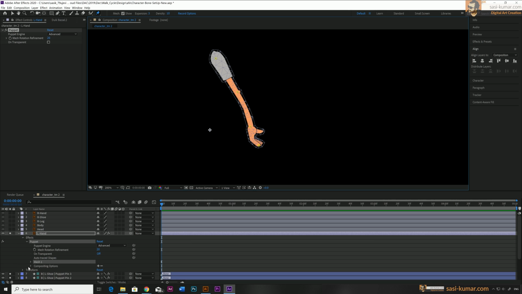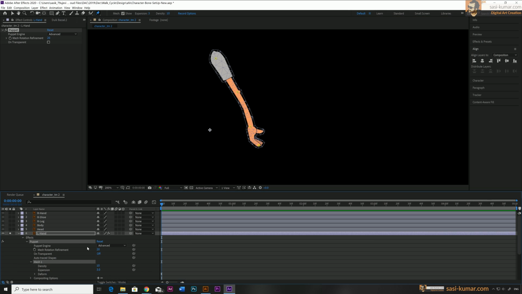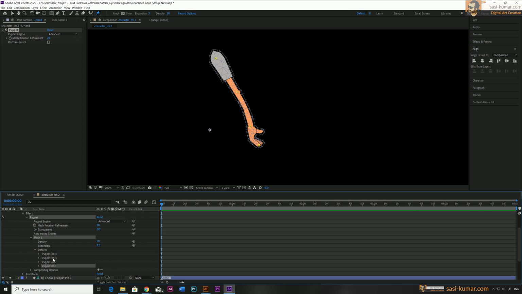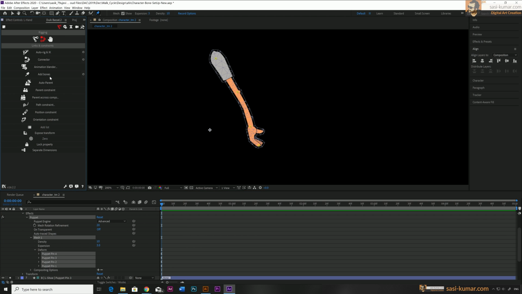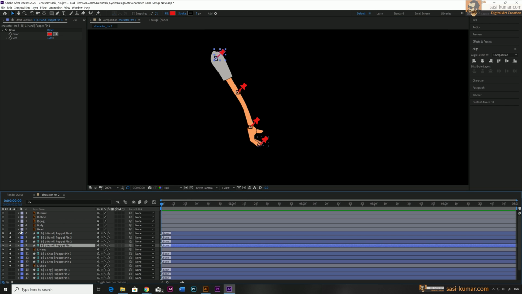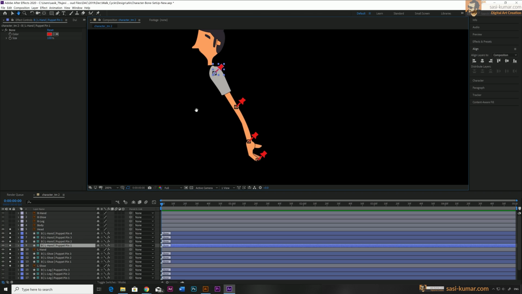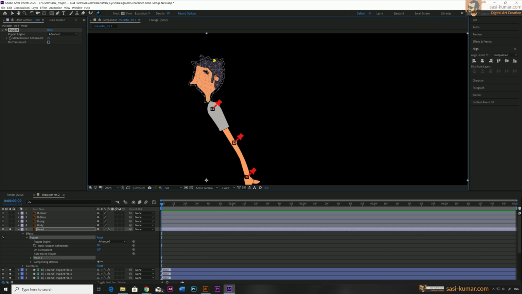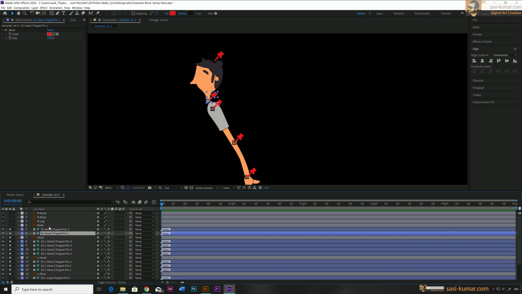Again open the mesh and open the puppets inside the deform, select all 4 of them, go to Duke and add bones, which will create 4 new bones for the puppets. Alright, okay guys, so I will do the same for all other body parts also, but I will make this portion faster and I will come back after that.